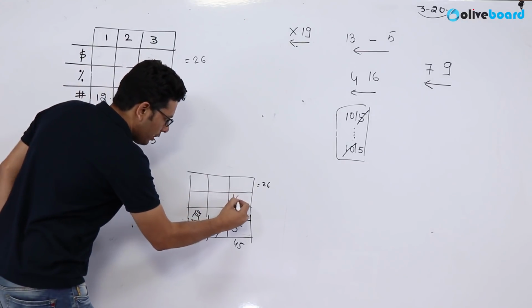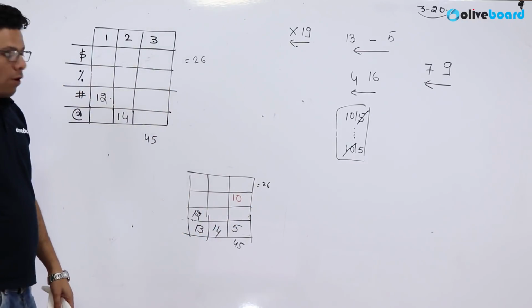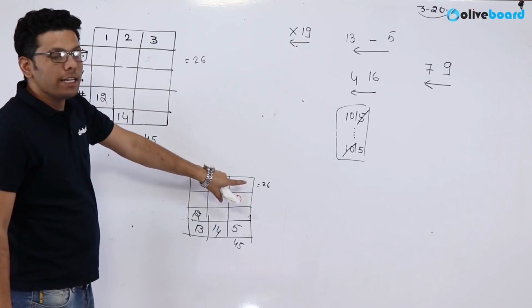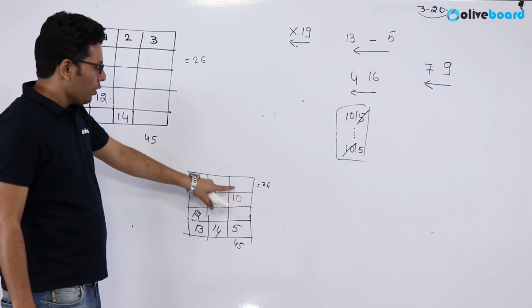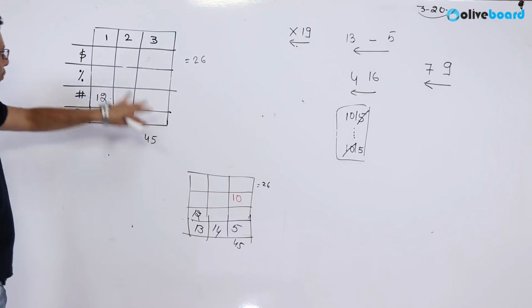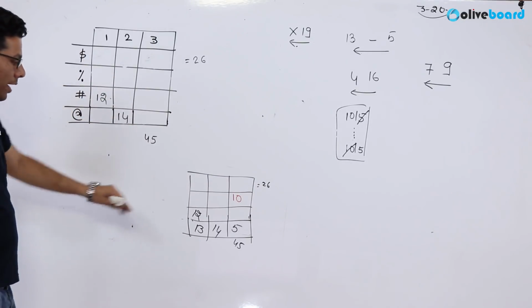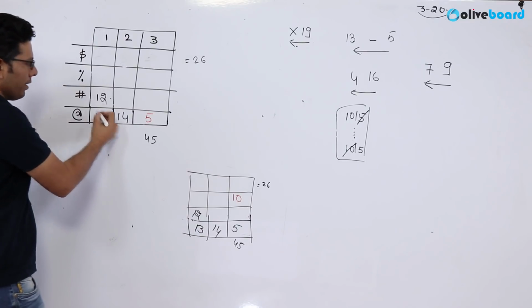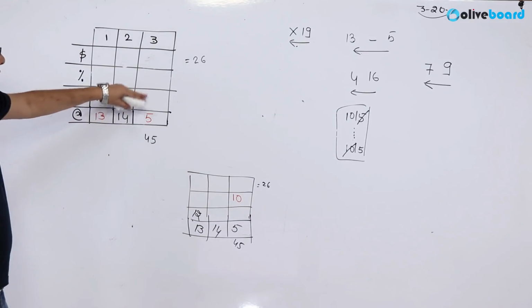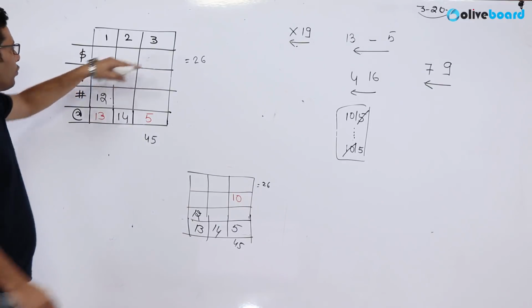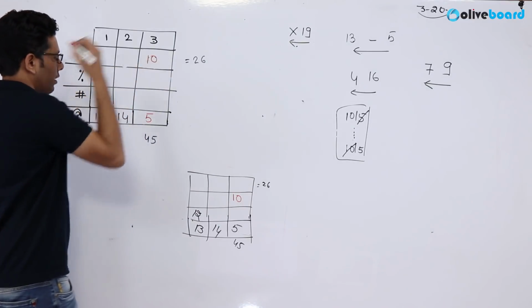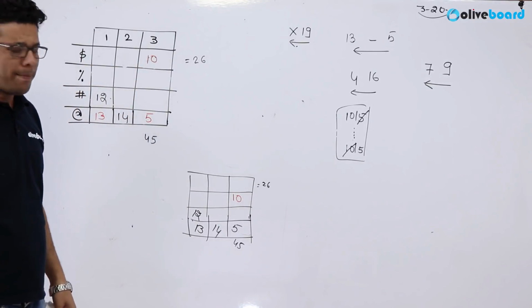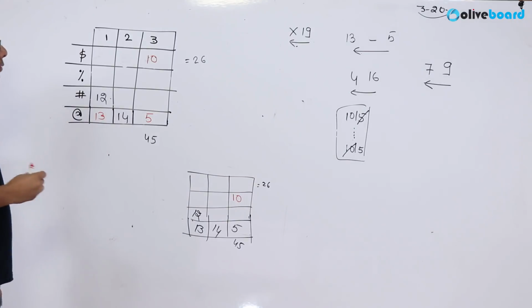so I can put the 10 here, or I can put the 10 here also. Okay, so I'm taking the 2 cases of this one itself. Okay, so my 5 would be here and 13 would be here, and now I have used this 10, so I'm using here a 10. Okay, and one more data that I'm having, that is